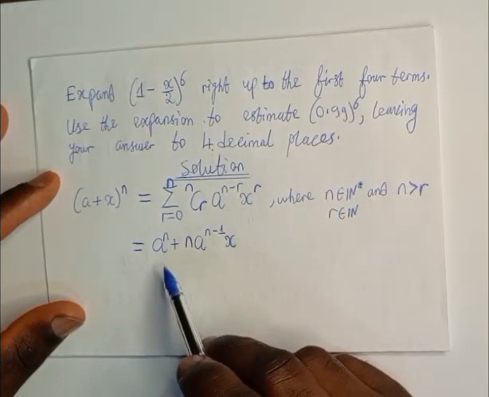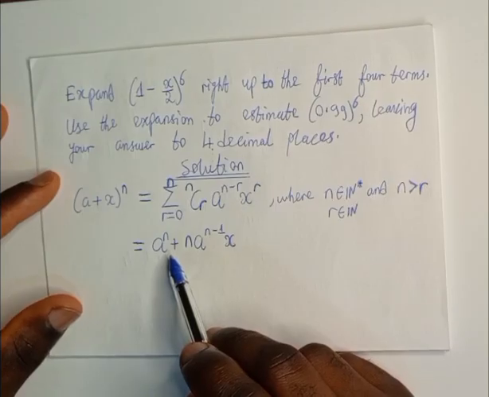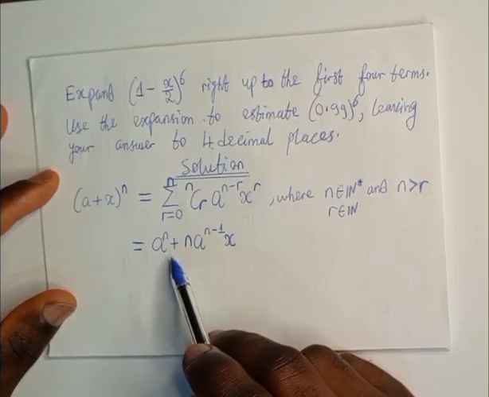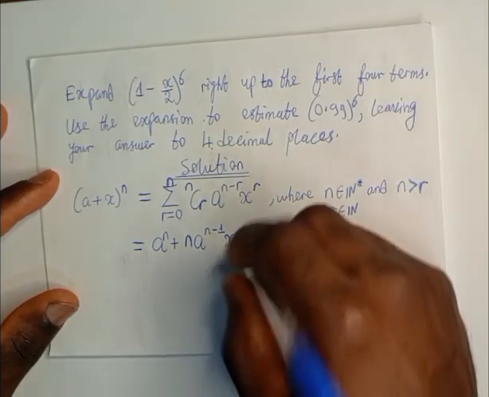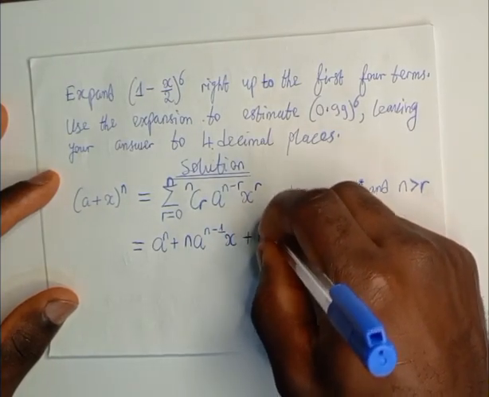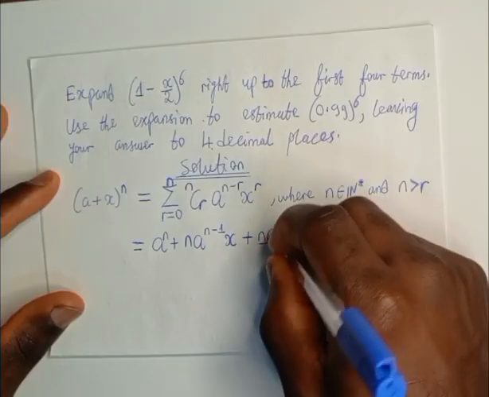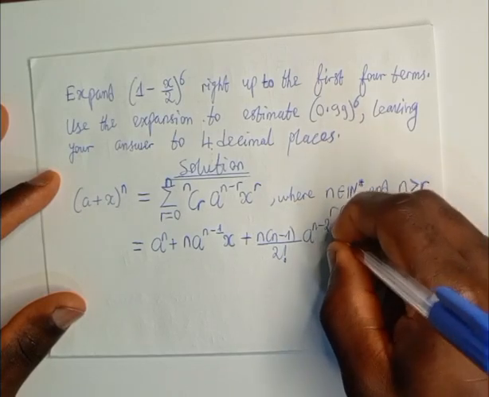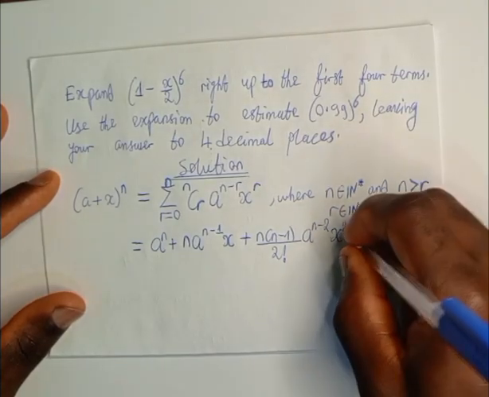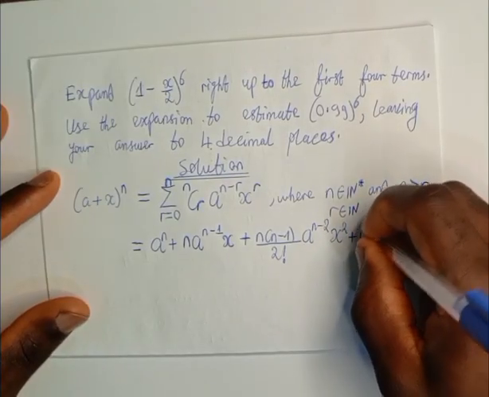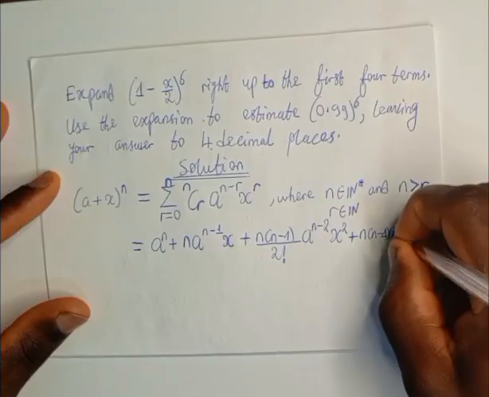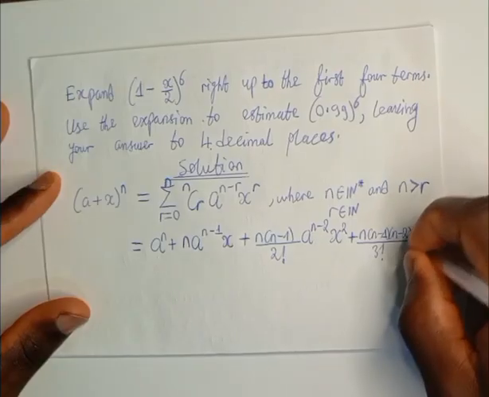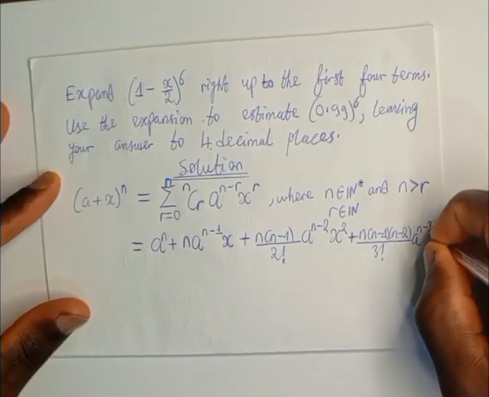As we move along from left to right, the powers of the term a are decreasing, while the powers of the term x are increasing, plus n times n minus 1 all over 2 factorial times a raised to the power n minus 2 times x squared, plus the next term, which is n times n minus 1 times n minus 2 all over 3 factorial times a raised to the power n minus 3 times x cubed,